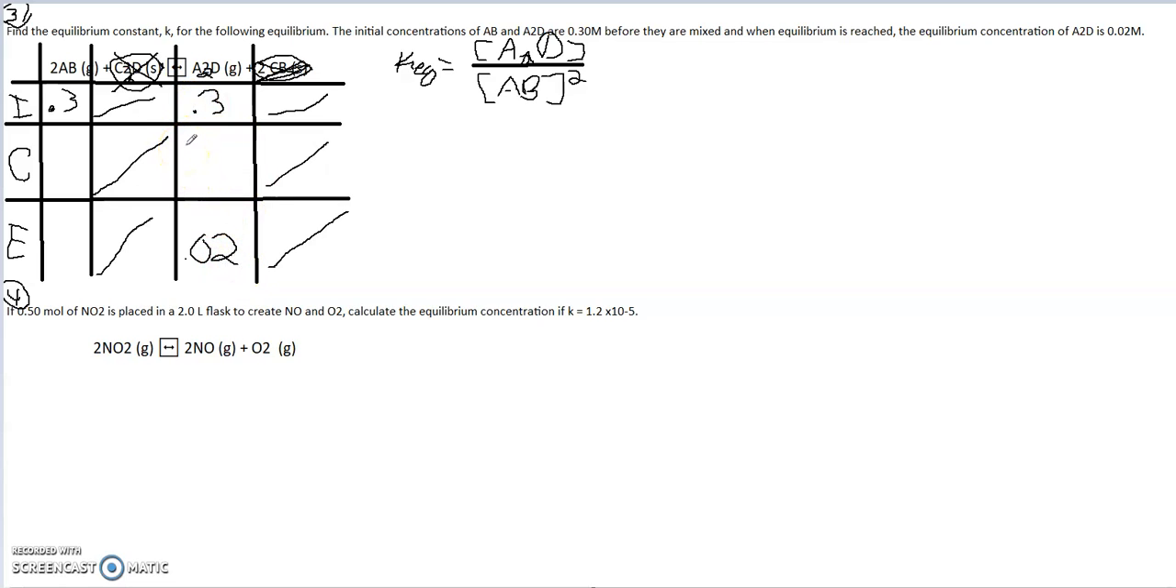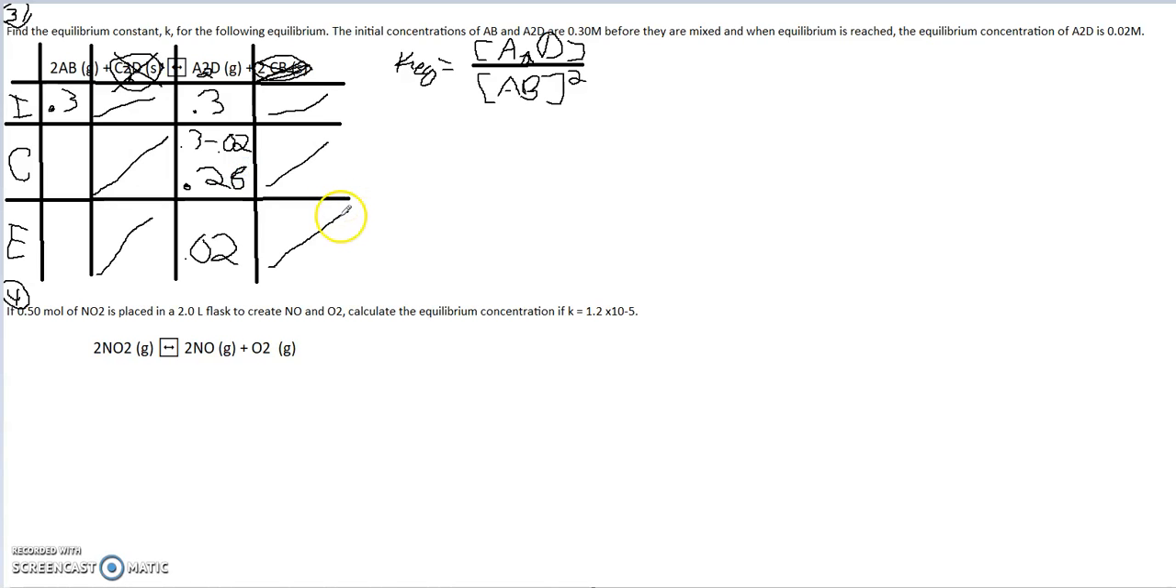So our change in concentration is going to be 0.3 minus 0.02, which is awesome for us, because it allows us to know what our change in concentration is. We don't even have to fill in an X or make any assumptions whatsoever. We know that our change in concentration is 0.28,